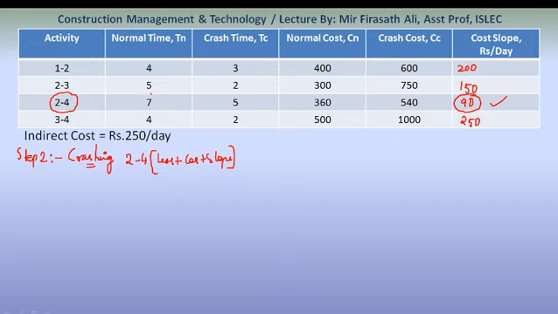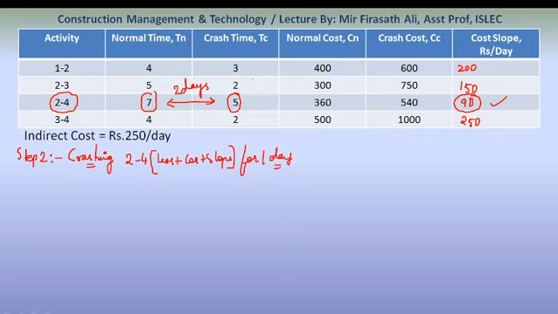The normal time is 7 days, crash time is 5 days. So the maximum time for which we can crash this activity is 2 days. First we will crash activity 2 to 4 for 1 day. First we will see it by crashing for 1 day. If we crash this activity for 1 day,